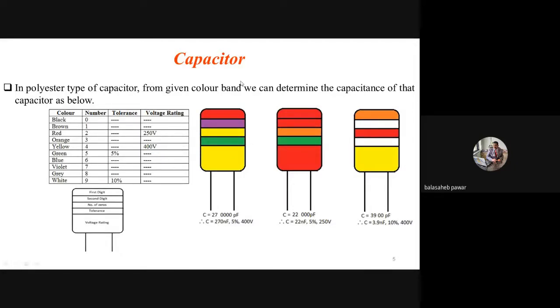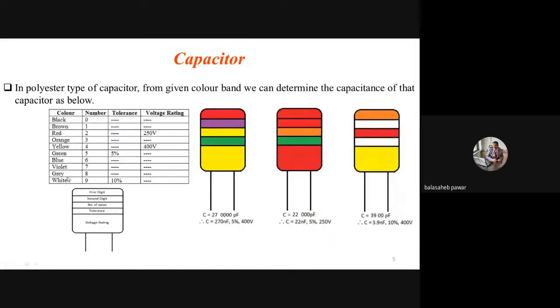So we'll take the first example. See, the first color band is red, then the second one is violet, the third one is yellow, the fourth one is green, and the largest band covers the voltage rating of that capacitor and its respective color. So remember, note down the numbers assigned for the first two color bands as they are. The first color band is red, so its assigned number is 2. I write that 2 as it is. Then for the second, which is violet, its assigned number is 7.